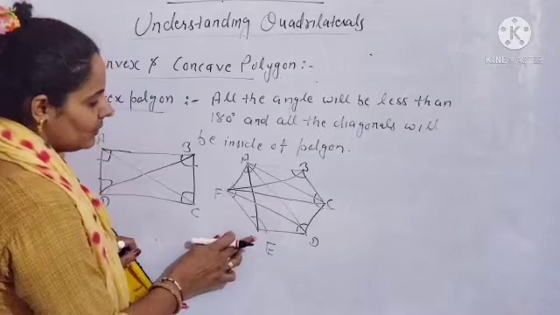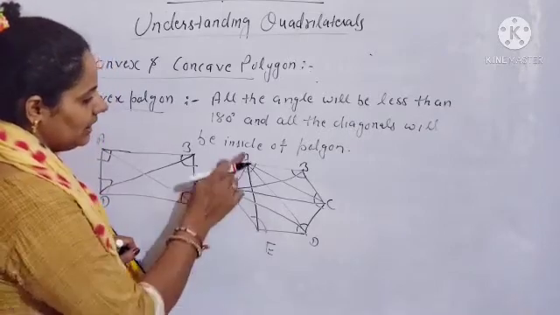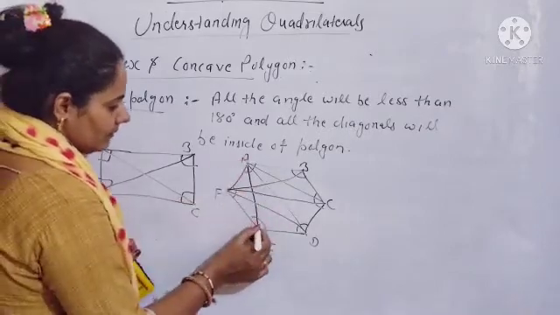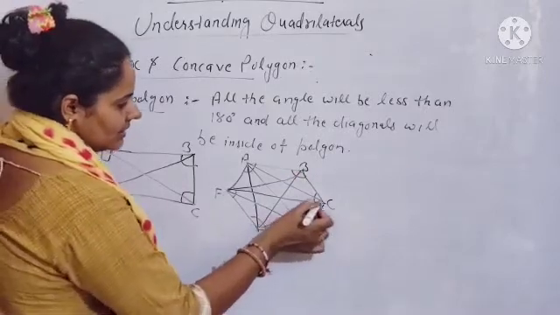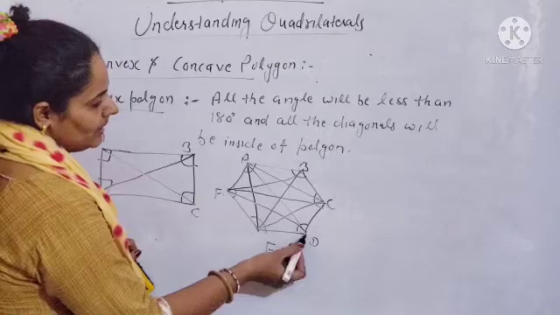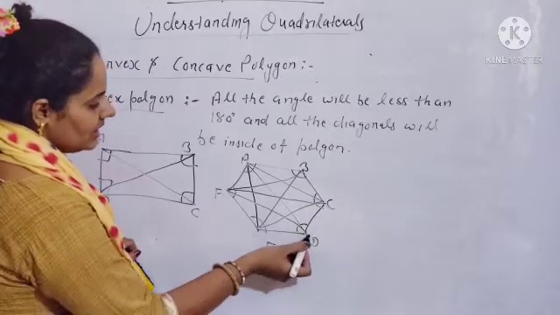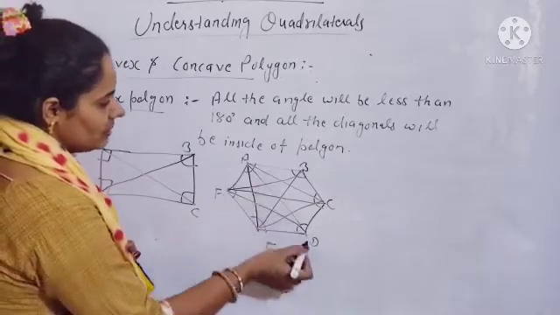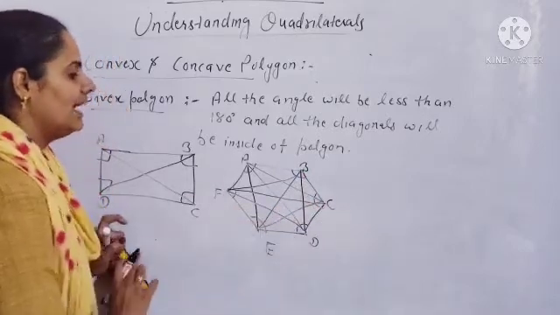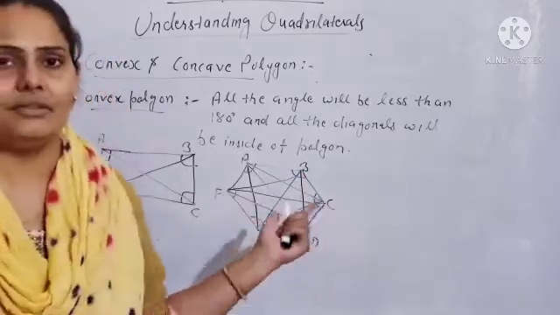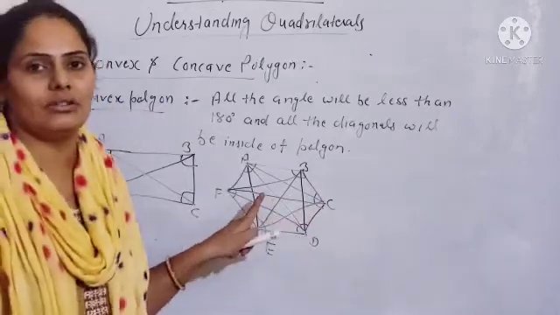Clear? Now you will start from E. So E F joined, E A joined, E B you will join, E D is already joined and E C. Clear? Now you will start from D. So D E joined, D F joined, D A is joined, D B you will join and D C is already joined. Now all the diagonals, you have met all together.